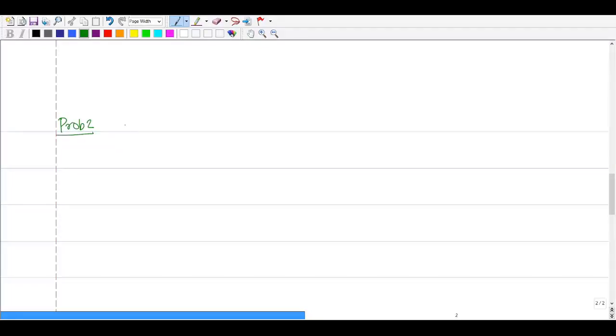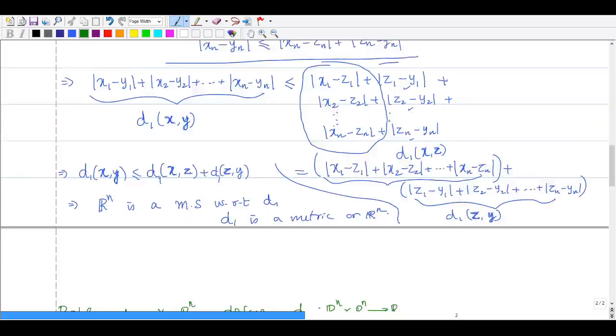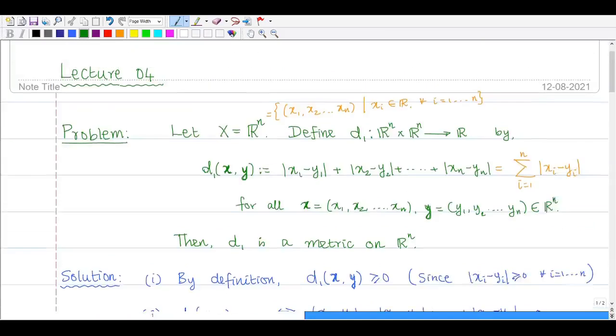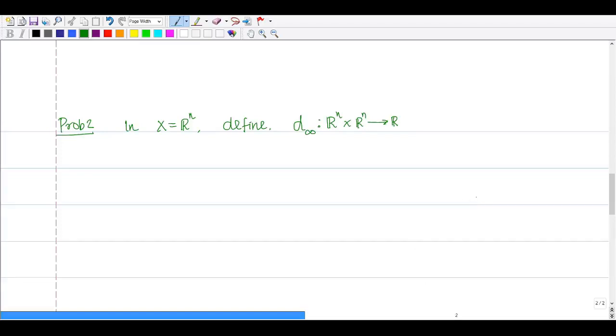For X equal to R power n, define what I call d infinity, which is a function from R power n cross R power n to R. How have I defined it? Did I write it wrong? No. R power n cross R power n to R. Okay, fine. Now let us define it by